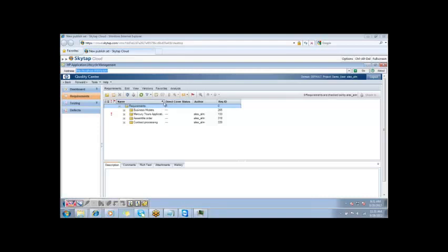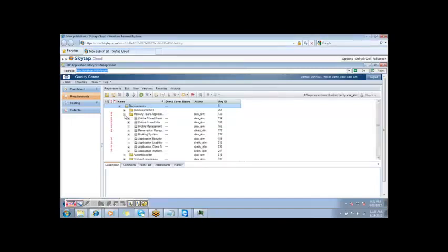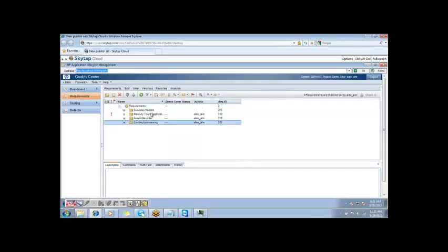See here, we have the requirements. There are already some of the requirements which have got created over here. We have the business models and then Mercury Tours application. This is also one of the projects they have created. Some assemble order, contract processing. So some sample projects they have already created. Do you see? Okay, so this is not yet run. There are some requirements which have already got created. I mean, this is a demo, right? So it's already available, so that we can test our filter and our different features over here.